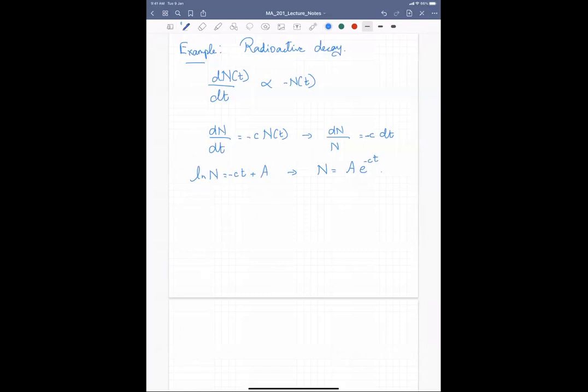And now this makes sense because this tells you that, look, if you start with some number at any point of time, the number of atoms that remain is exponentially smaller. Now, is this correct or wrong? That is a slightly different question. We will come to this. It at least has the right property. It has the property that as time increases, the number remaining decreases.